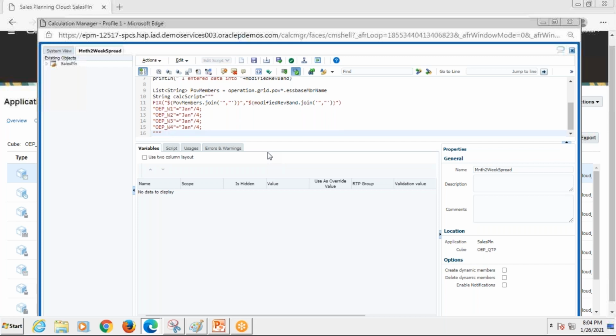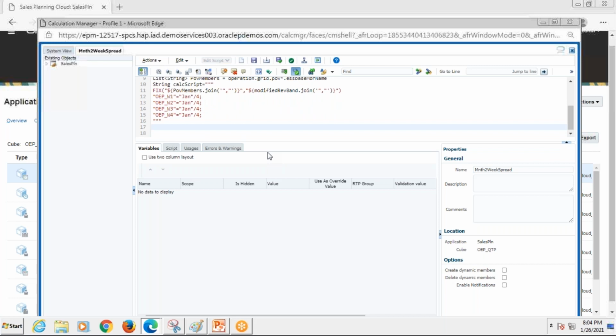So by this, we have completed our fixed statement, entire scripting. We just need to finish the code by writing return of calc script dot string into the curly braces.